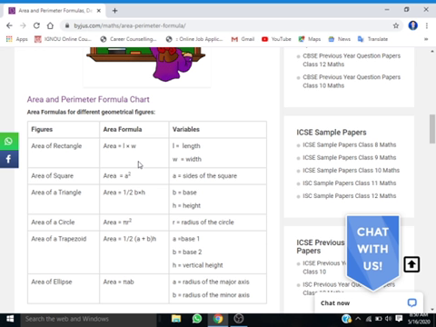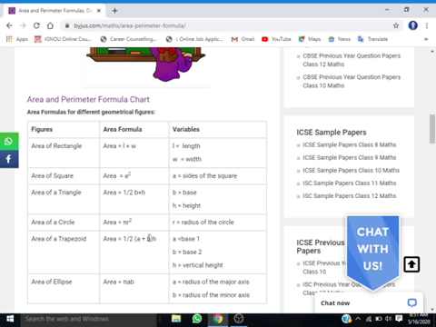These figures were discussed earlier, and many questions and worked examples were discussed on such types of formulas. Today, with a new geometrical figure, when we discuss the area of a circle, then area becomes pi r square, that means radius whole square, where r denotes the radius of the circle.